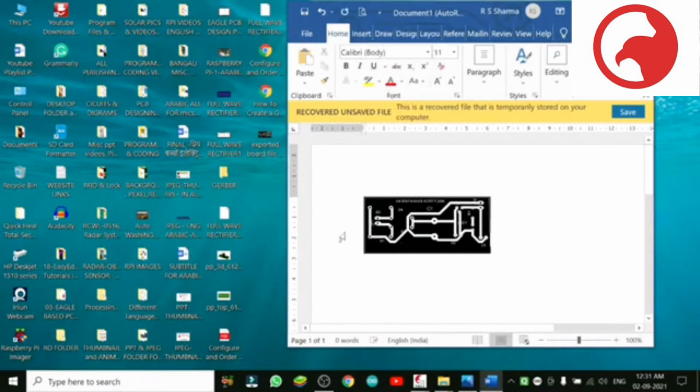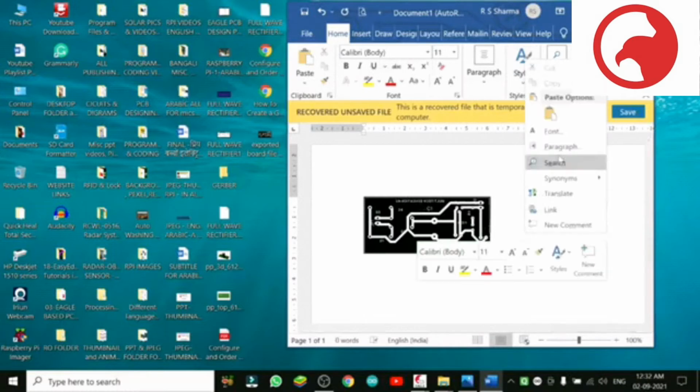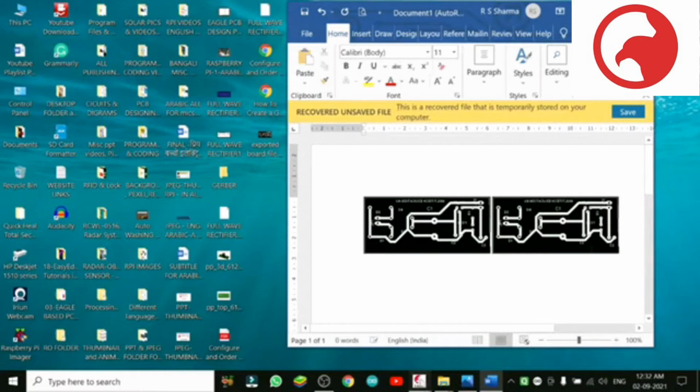No need to change any size. It is due to the grid which we selected, 0.635 on the top. So the perfect size will come. Now you can copy paste, you can make 6 PCBs at home.